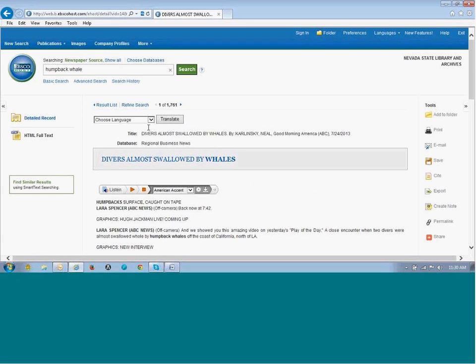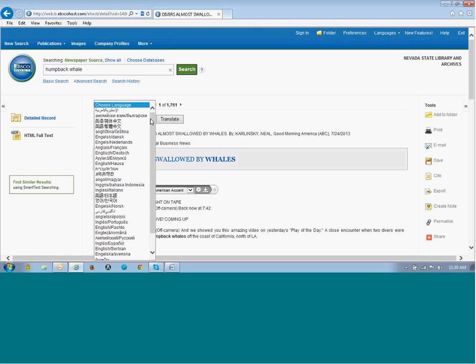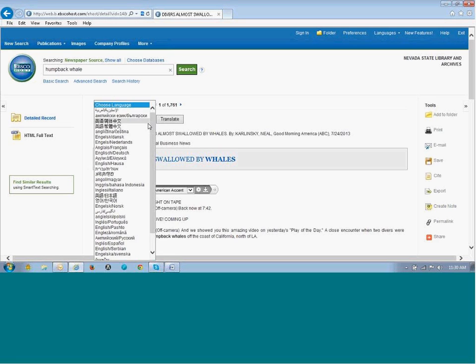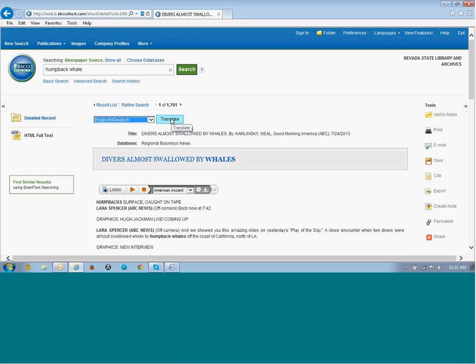So the article provides two features that aren't found in PDFs. One is that I can translate the article into three additional languages, and translate the written article. So if I want to translate something to